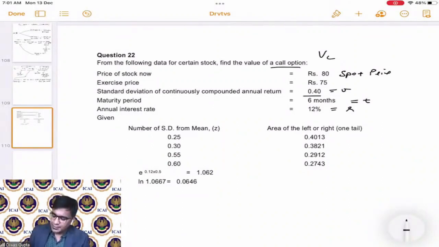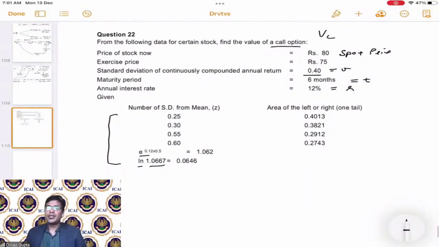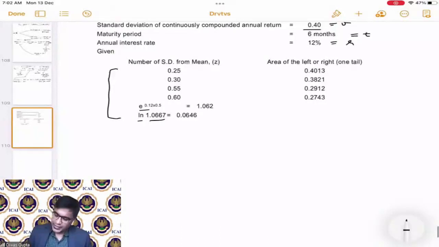And they have given us some extra data also, which we will see how to interpret and utilize when we solve the question. So we are given e raised to the power natural log of 1.06667. What is the value? With these types of questions, we just simply take the formula, apply the formula, use the inputs and derive the output. This is a very easy and simple question, but yes, it involves a lot of calculation, correct? So we know that first of all,